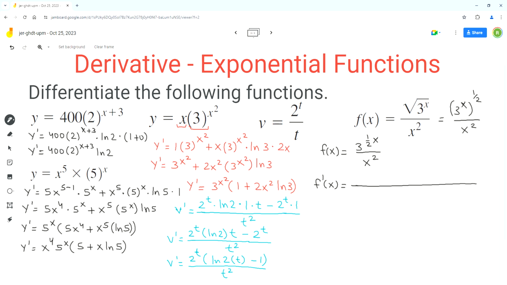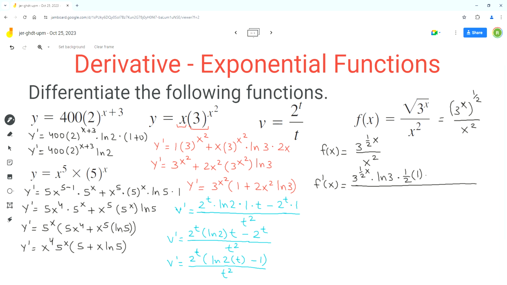So the derivative is the exponential term itself times ln of the base, which is 3, times the derivative of the exponent. Now in the exponent, 1 over 2 is the coefficient, so it will stay as it is, and the derivative of x is 1,